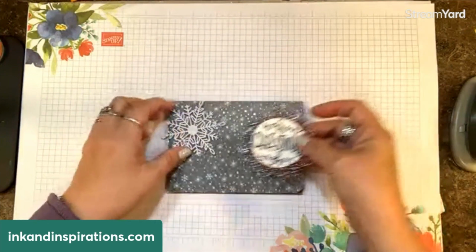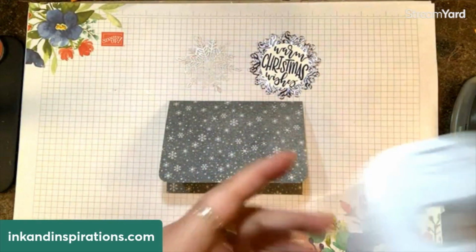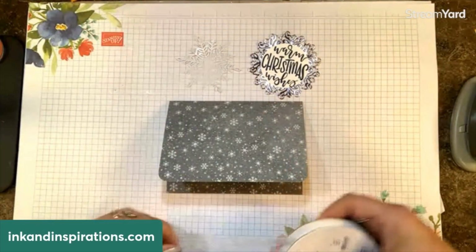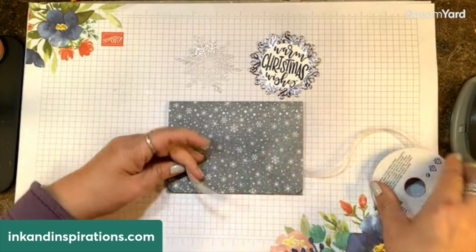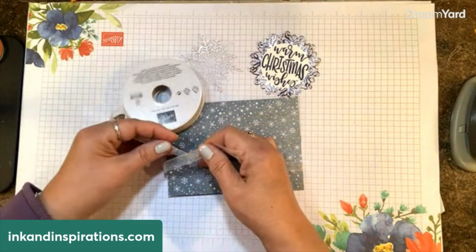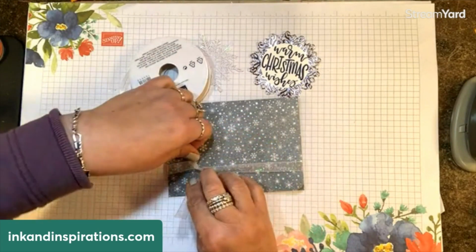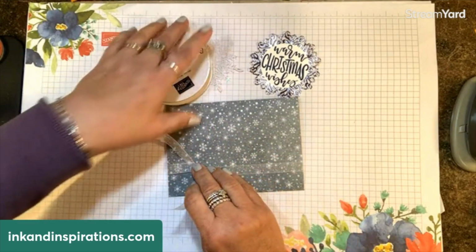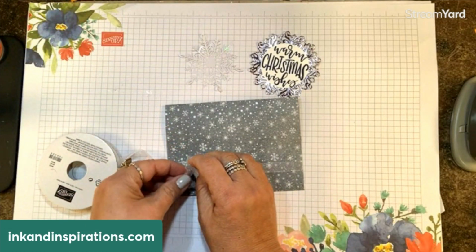Okay, but first I want to put some ribbon, and I'm using this glittered organdy ribbon in white. I believe I use 16 to 18 inches to tie, and I'm just tying a knot. So that I don't use more ribbon than I need, I usually just leave it on the bolt for something that's not too difficult to tie like this. Now, if I were tying a bow, it might be a little bit different, but this is just going to be a knot. So I'm going to go through this loop down here,